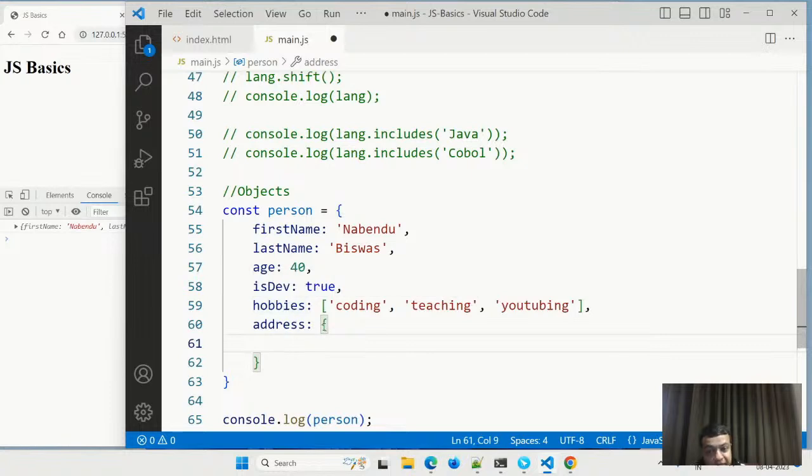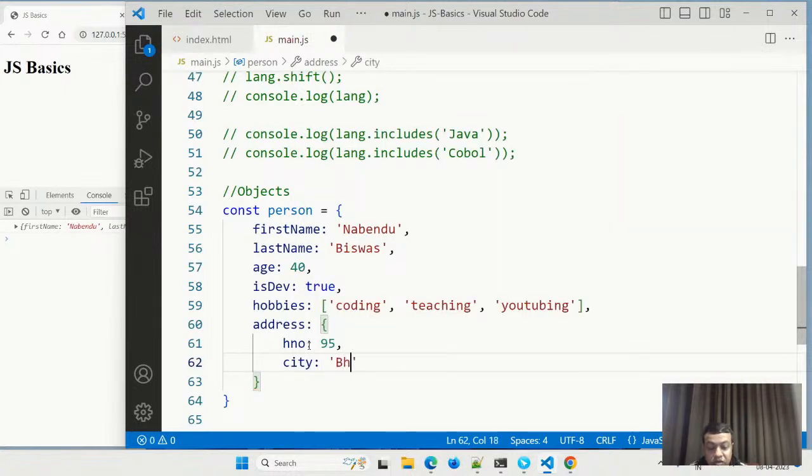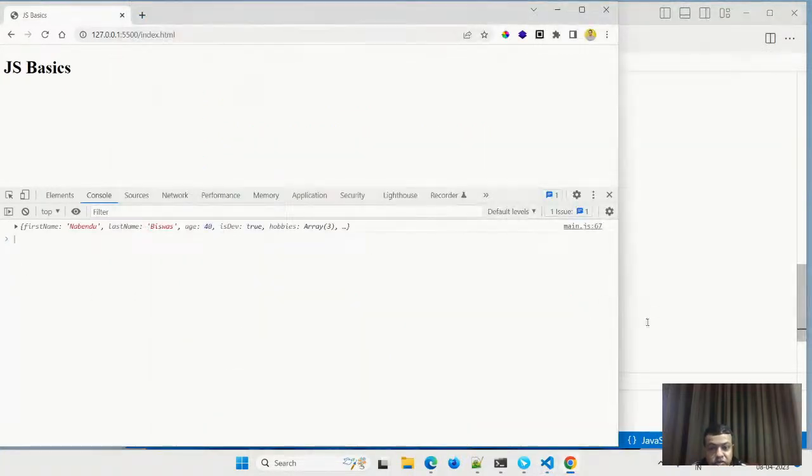See, this key is a string, but the value can be another array or another object also. So house number, city is Bhopal, and state is like this. Now it is showing all these things also.